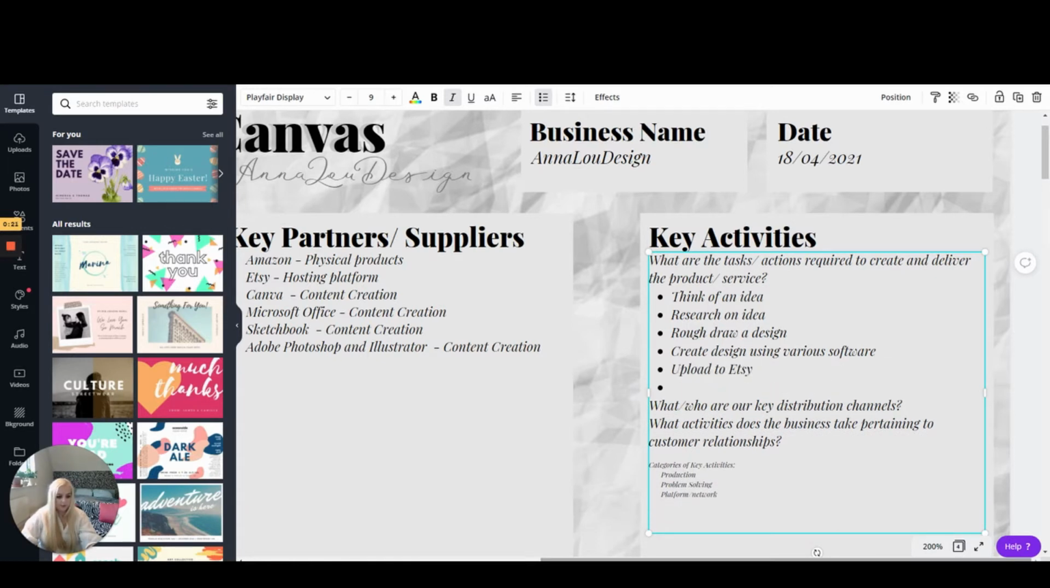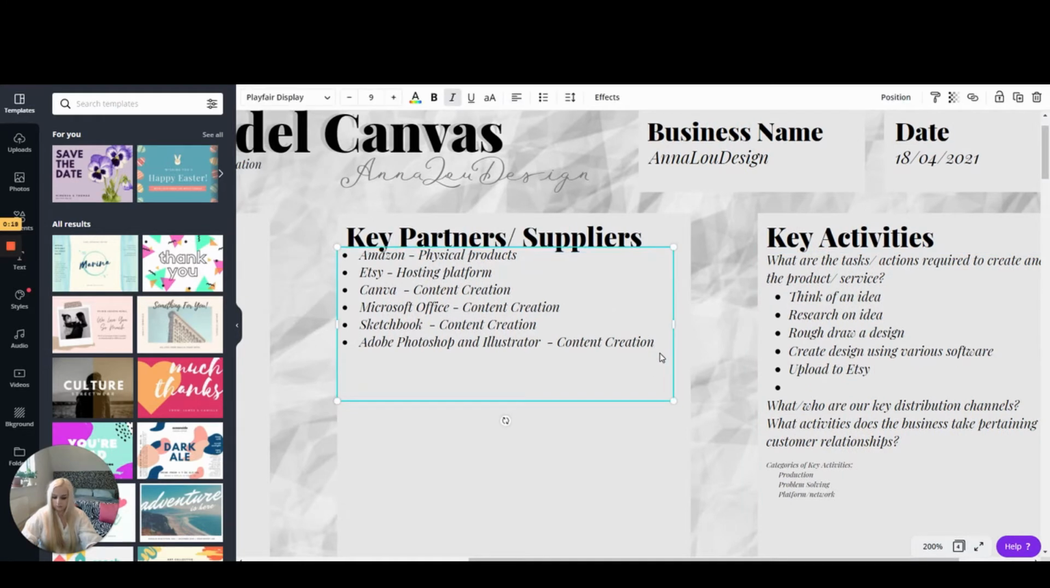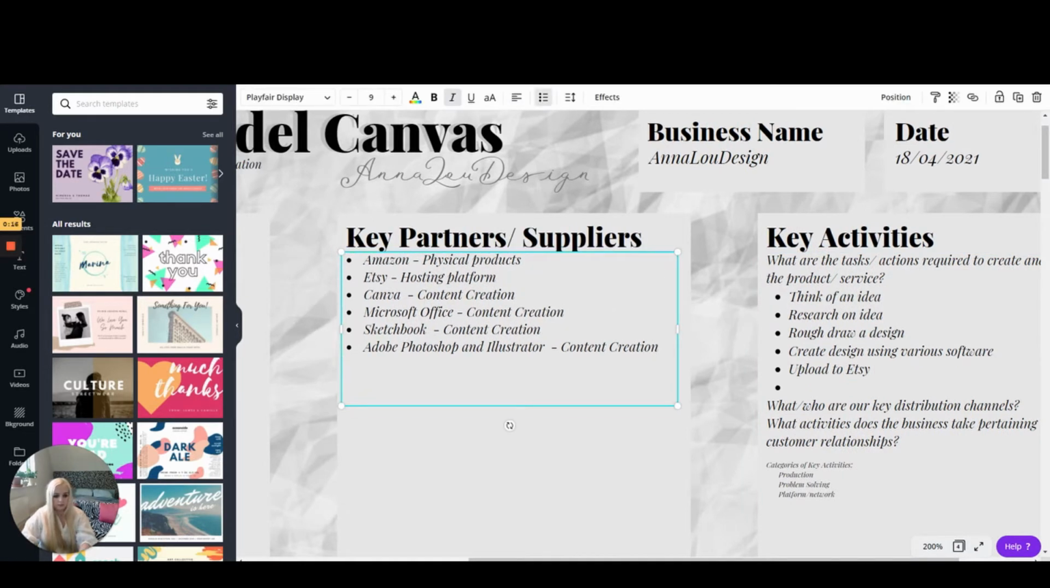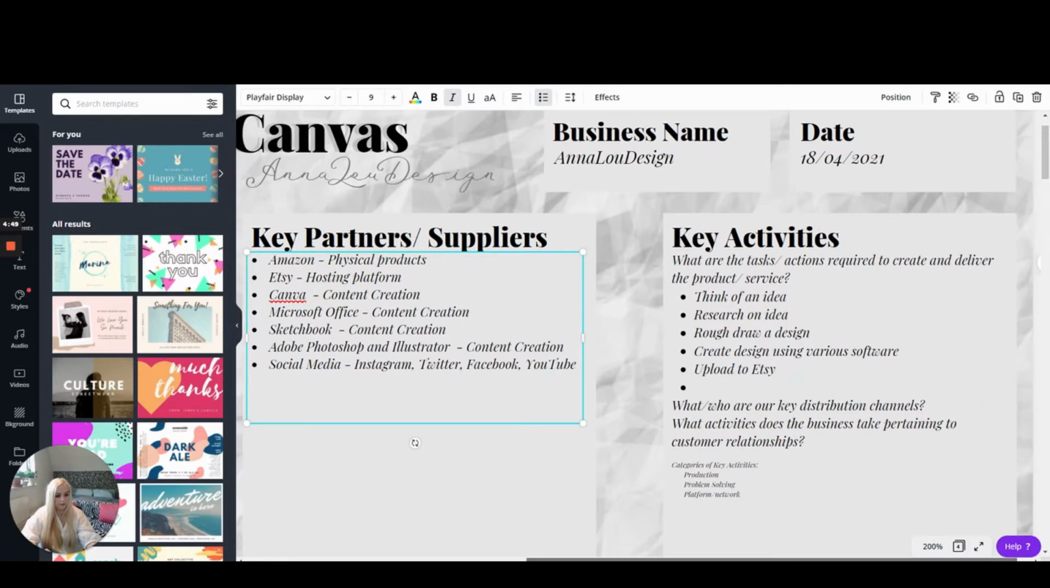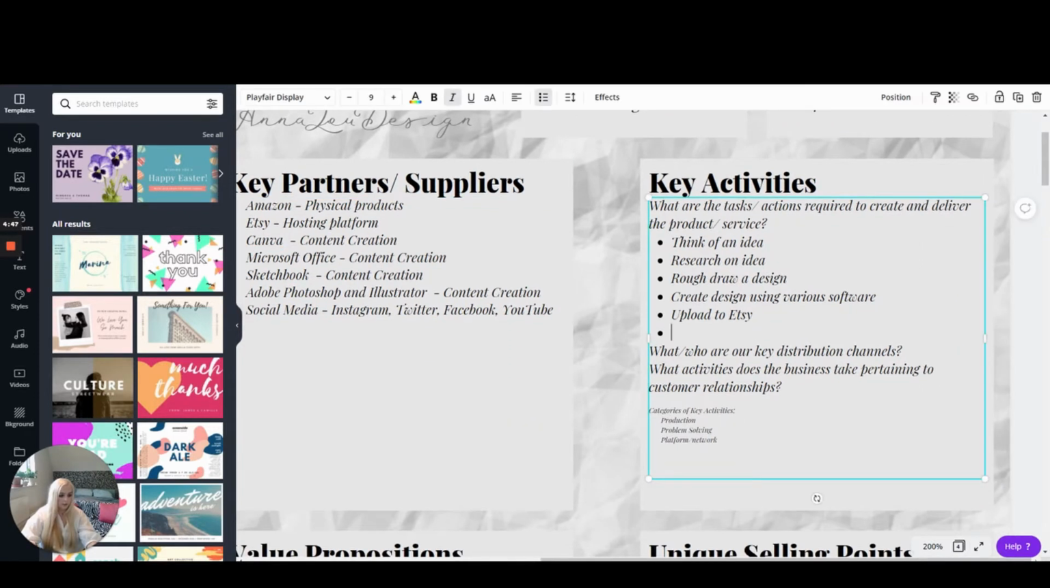Ooh, I've just remembered we need some social media. Oops. We need social media here. I'm thinking about creating a Pinterest and also a TikTok, but we will get back to that in the future because I'm already finding quite a lot. So upload it to Etsy, create description,